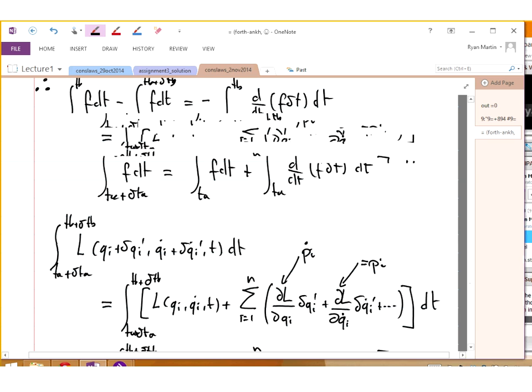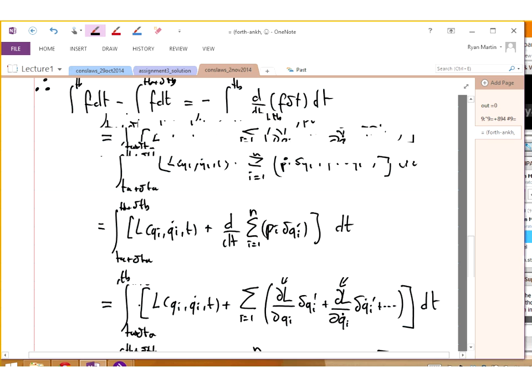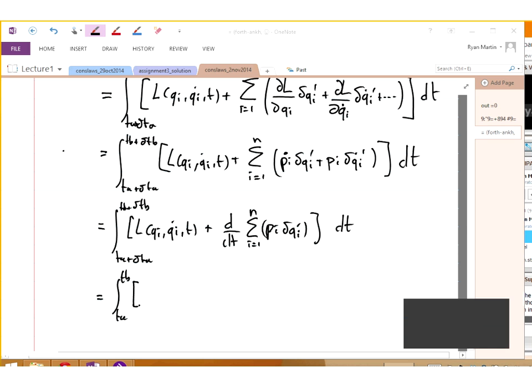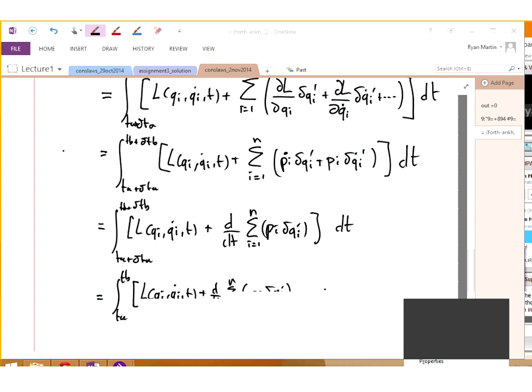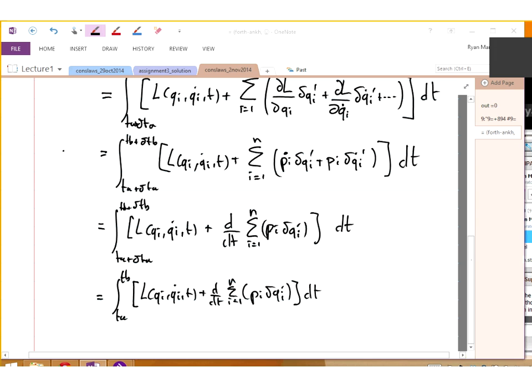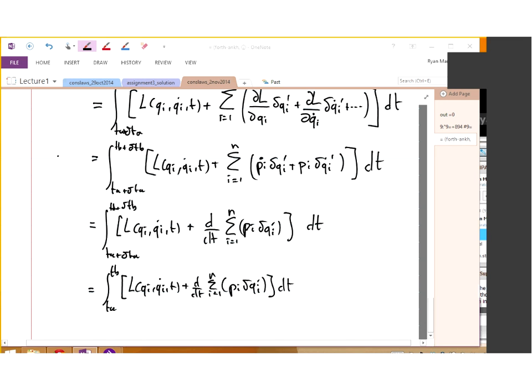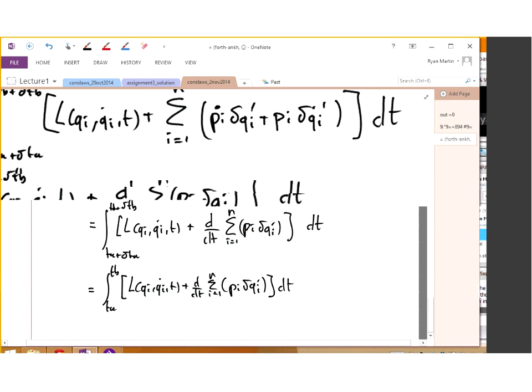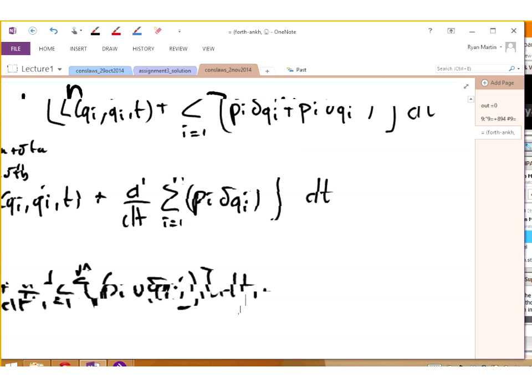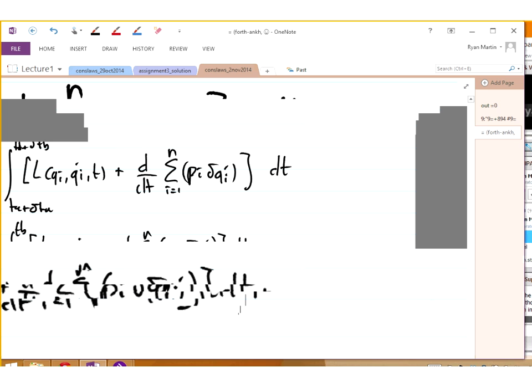The first thing is the integral unchanged, or the integrand unchanged, I should say: L at q_i, q_i dot, t plus d/dt of the sum i equals 1 to n of p_i delta q_i primed. And so this should now be plus